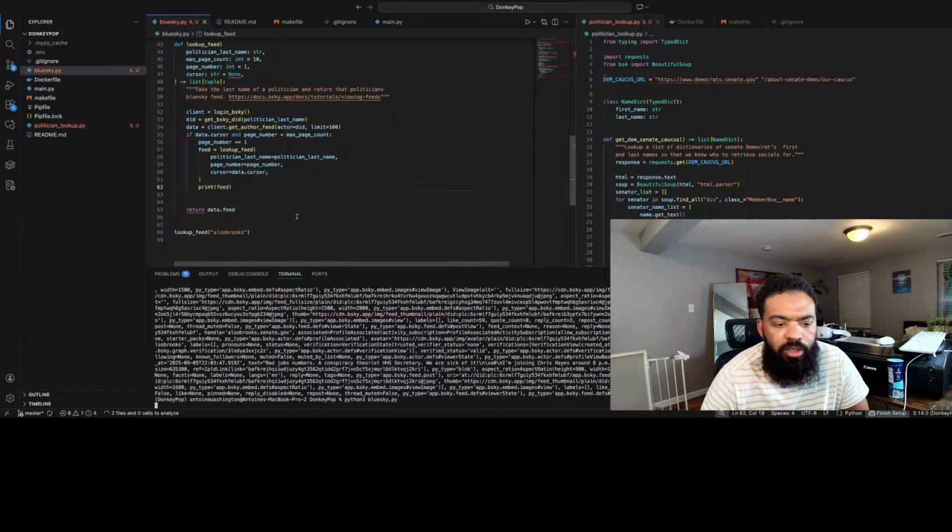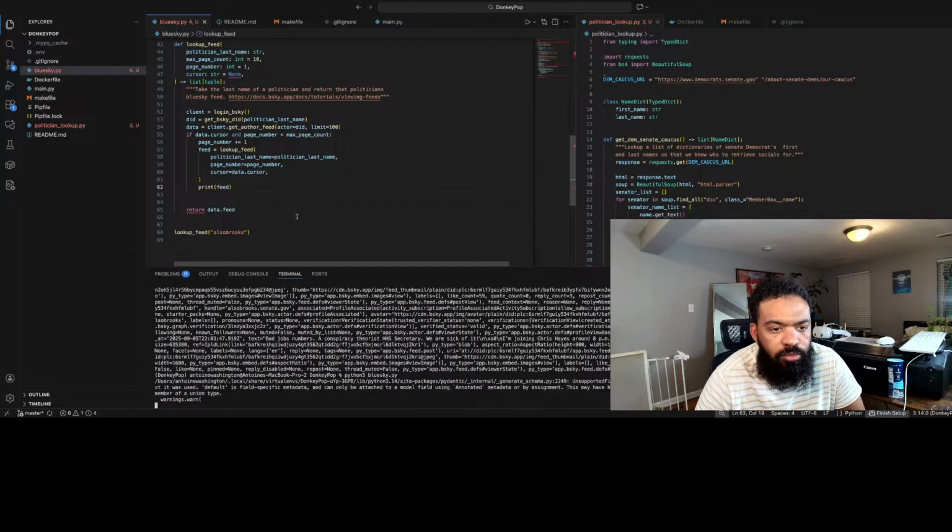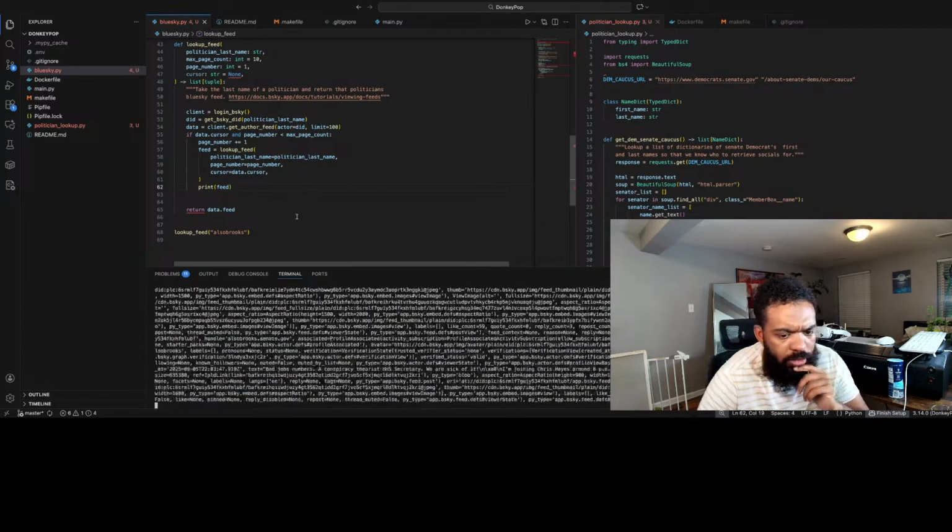I was afraid I did something that made the code not work. Okay, so I'm hoping I can ensure that this recursion is happening, not just that the final feed object is running.